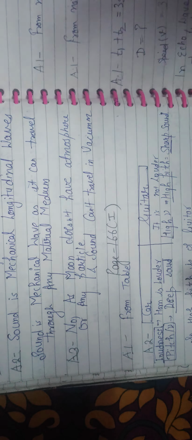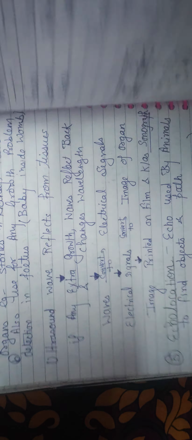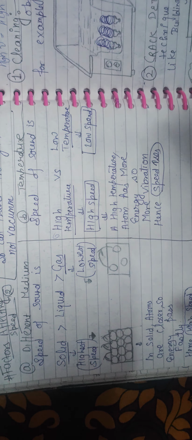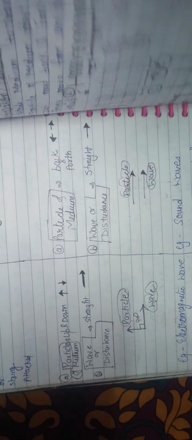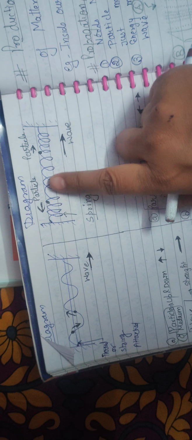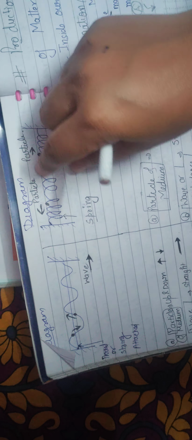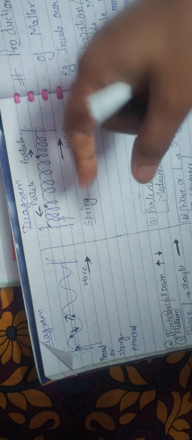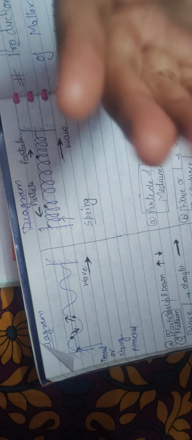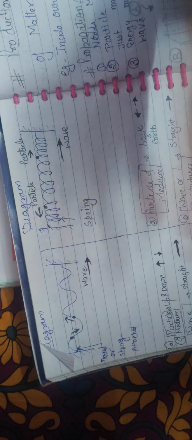Now next, if you want to know what to write for question number 4, you just have to draw this diagram. Question number 4, you have to draw this diagram. The particle is moving in this direction, and the wave is also moving in this direction. This type of wave in science is known as a longitudinal wave. As sound moves like this, that's why it is also known as a longitudinal wave. So the next one is